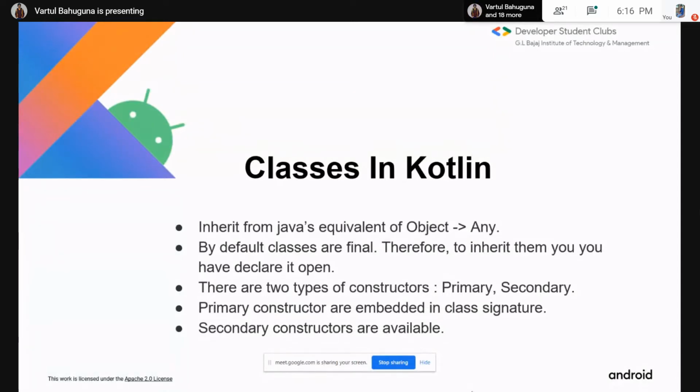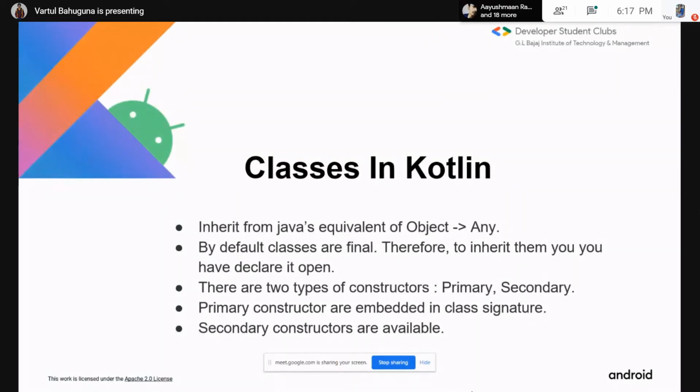Then the child classes can inherit that parent class. So in the concept of programming, that's the reusability of code, or DRY, do not repeat yourself. It is implemented so that you do not have to write that again and again. You can just extend that class or inherit that class.